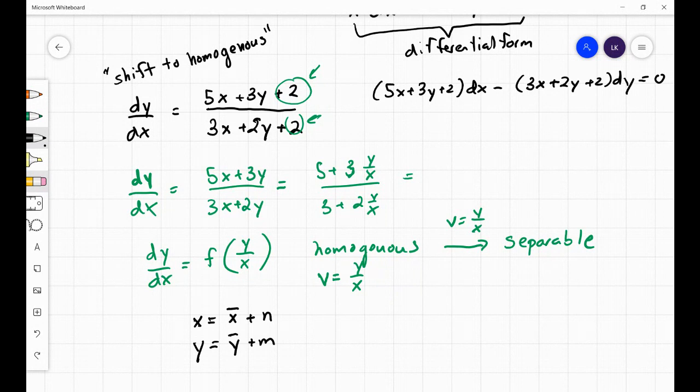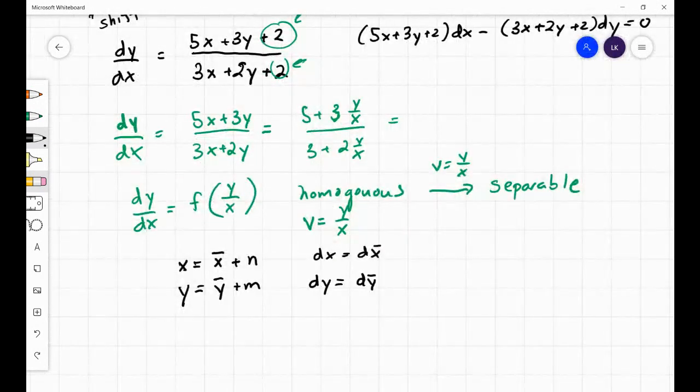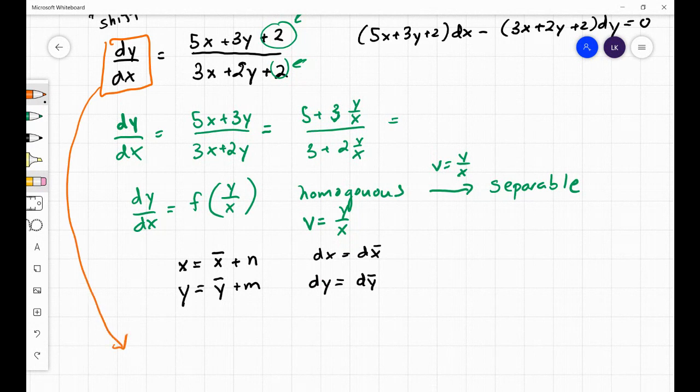Okay. And now let's try to complete the substitution. So first notice that the differential dy is just d y bar and dx is d x bar because n and m are some unknown but constants. So the left-hand side then becomes dy bar divided by dx bar. So that would be equal to,